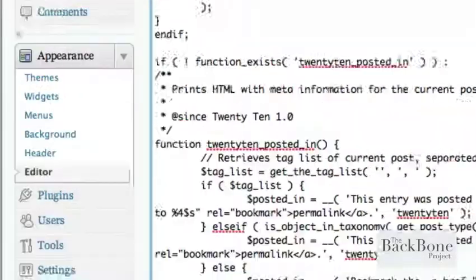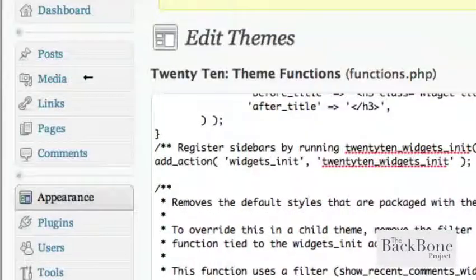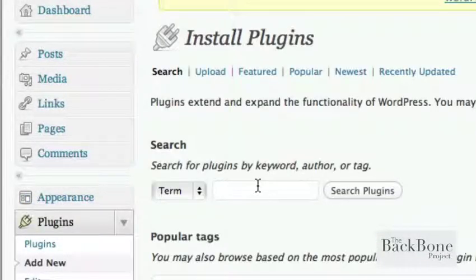So I'm not going to save what I've done here. I'm going to just get rid of this. And I would actually just install a plugin. You can literally go into plugins, go to add new. This is the great thing about WordPress, that there's lots of plugins that you can get that really make things super easy. So I'm just going to put in here